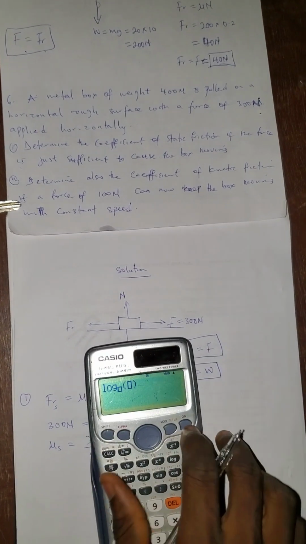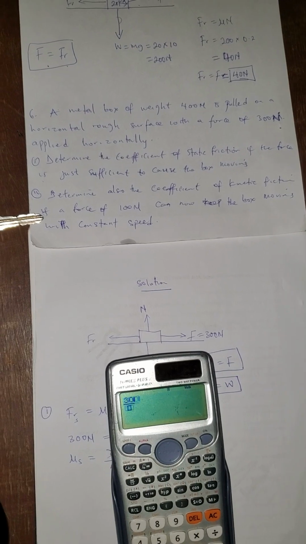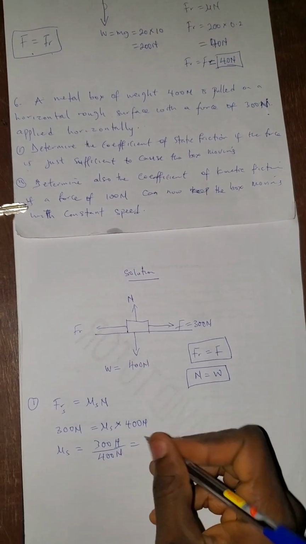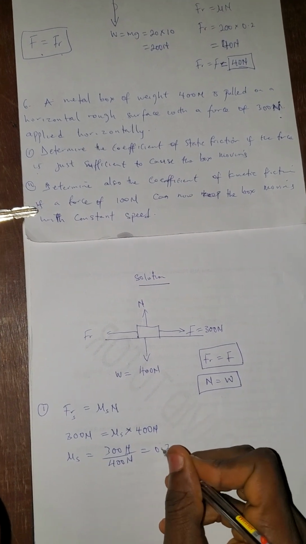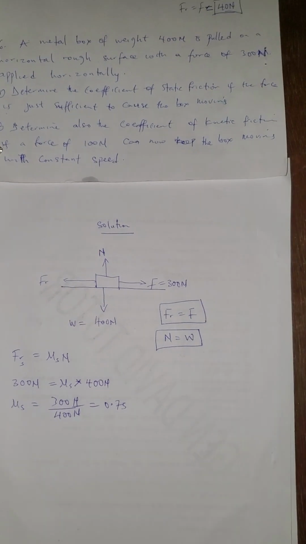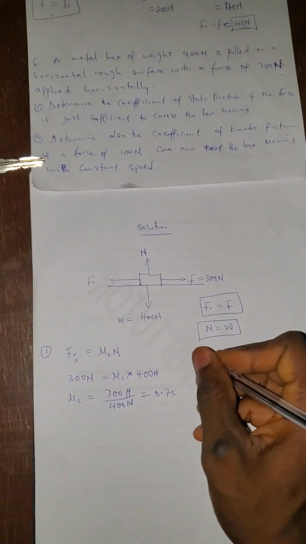So if you get this, the answer is 300 over 400. You have it to be 0.75. So this is 0.75. That is the coefficient. Now, the second question says,